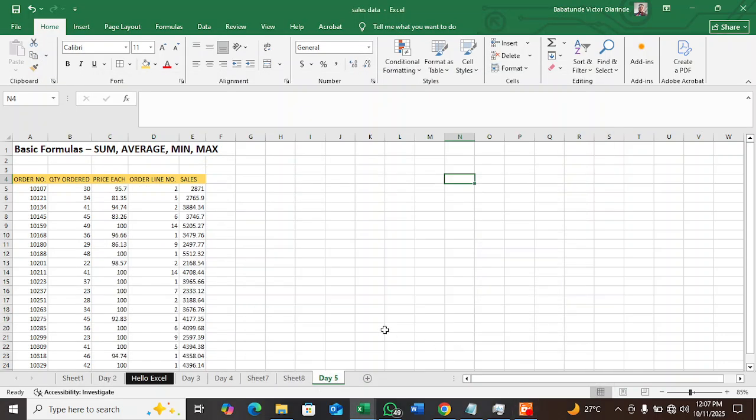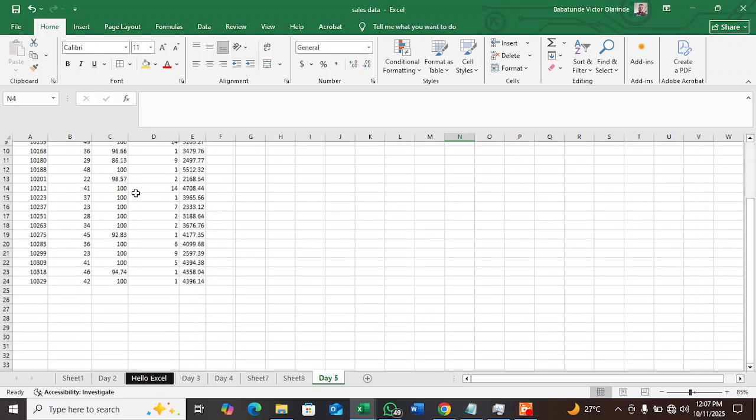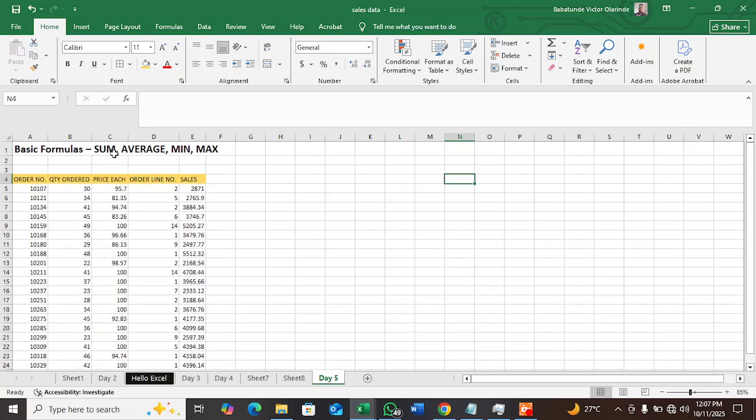Alright, so we're going to be looking at basic formulas in Excel. Let's do some calculation here using the sum, average, min, and max. Now, sum is to get the total